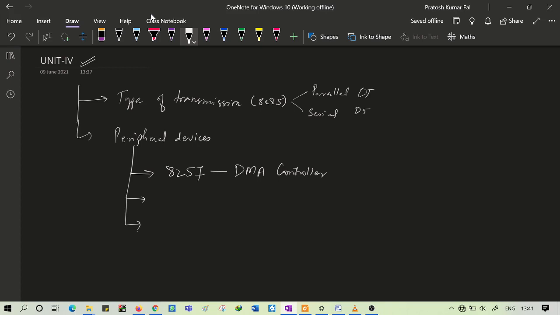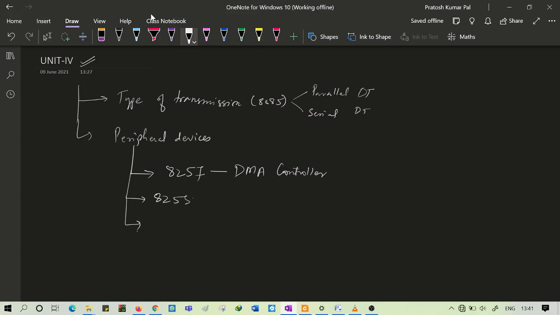Here the microprocessor will not be communicating; communication will take place with respect to the commands given by the DMA controller. It is used to transfer data from the memory of the microprocessor to the external input output devices.